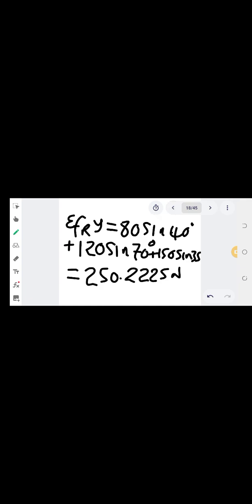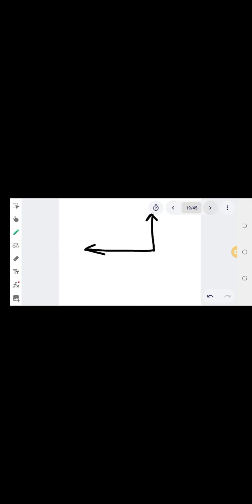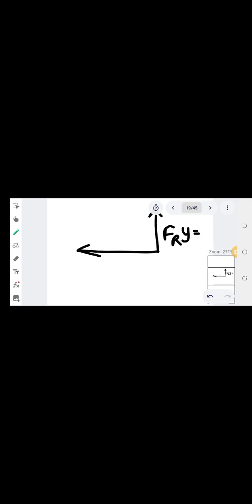So I have got my y as 250. So my FRY here is simply equal to